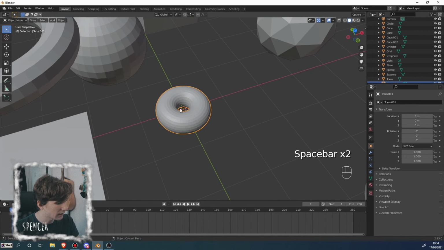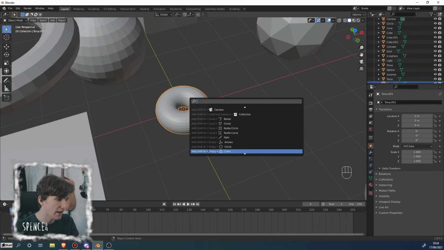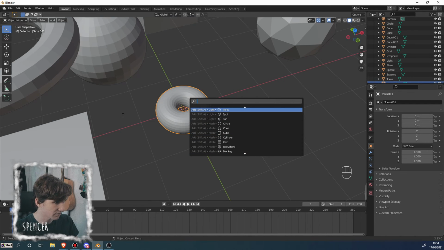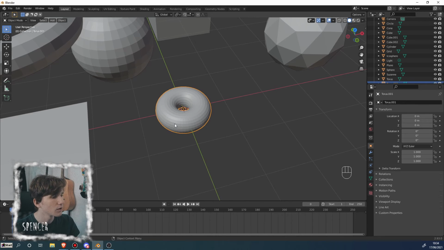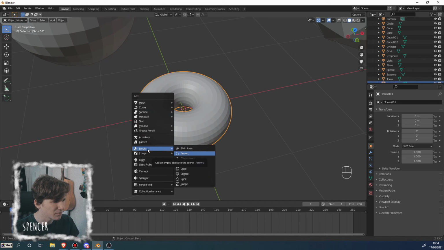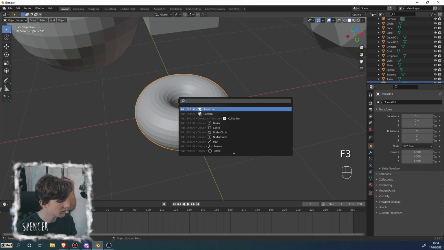So F3 will bring up your menu. It's just as easy as that, but it'll bring up all of the options, and you can search, which I find very useful, because frankly a lot of the time I cannot be bothered to think about whether what I want is an empty or an image, or something like that. So I can just press F3 and type in quick